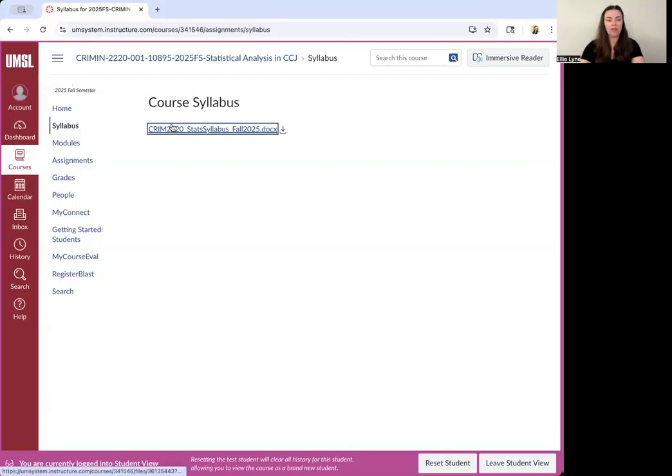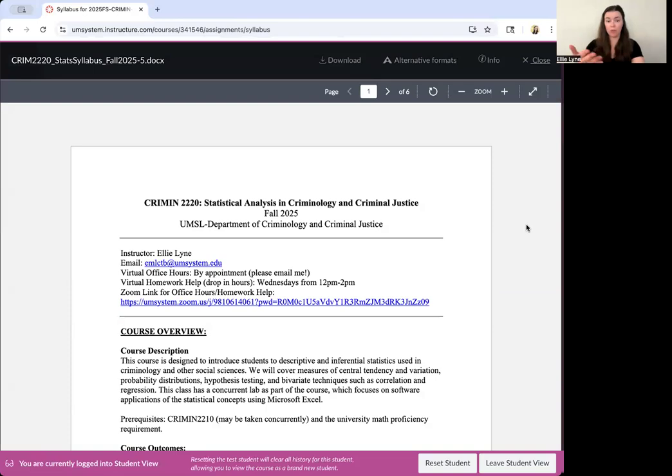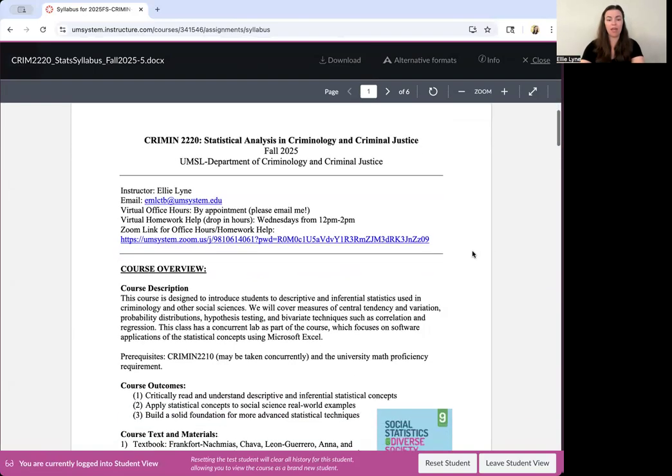And I won't go over this in a lot of detail because you'll have the opportunity to go through this yourselves, but a couple of key things that I wanted to hone in on. Again, my contact information is right here at the top. This Zoom link will be available to you throughout the semester, and so it won't change. It's a hyperlink that directs you to my personal meeting room,